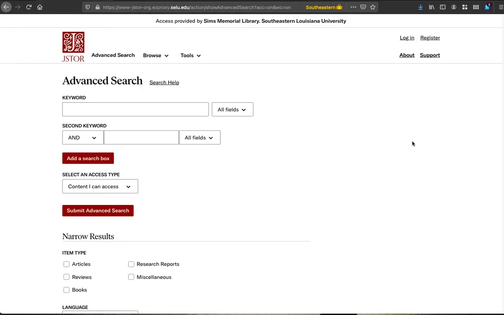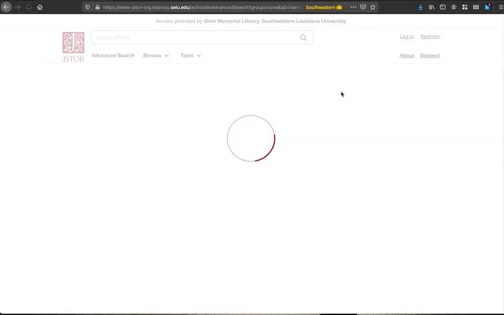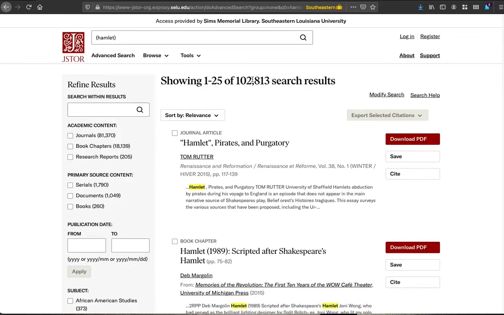this page, which you would normally use just to do an advanced search. And you'll notice that if I do a search on Hamlet, there are thousands of results. But in fact, if I'm writing a paper on a short passage in Hamlet, some of these articles are not going to be particularly relevant. I might find that they're not on the sections or the passages that are particularly important.